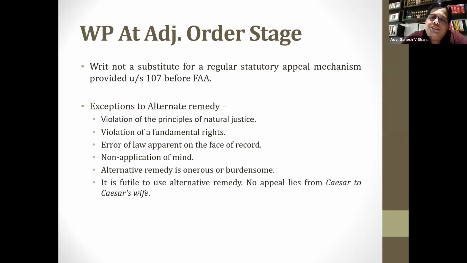Actually, sir, once an SCN is issued, if it is wrong on the face of it, we approach the High Court, questioning the jurisdiction and whatever exceptions apply. In the first hearing itself, ask for a stay on the operation of the SCN. If there is a complete stay on the operation of the SCN, it stops. It doesn't go further. They cannot go further. The limitations stop there itself.